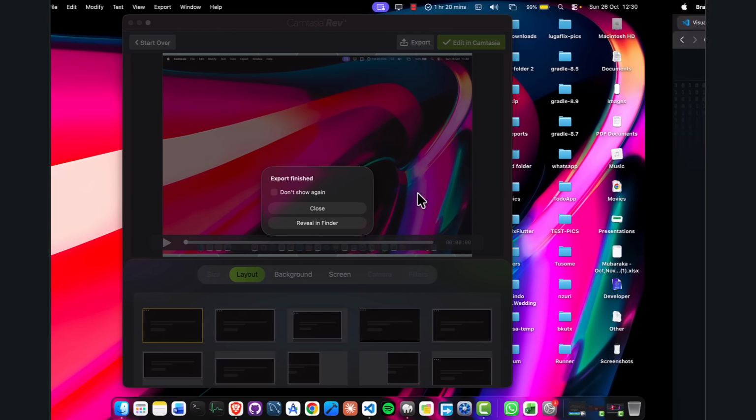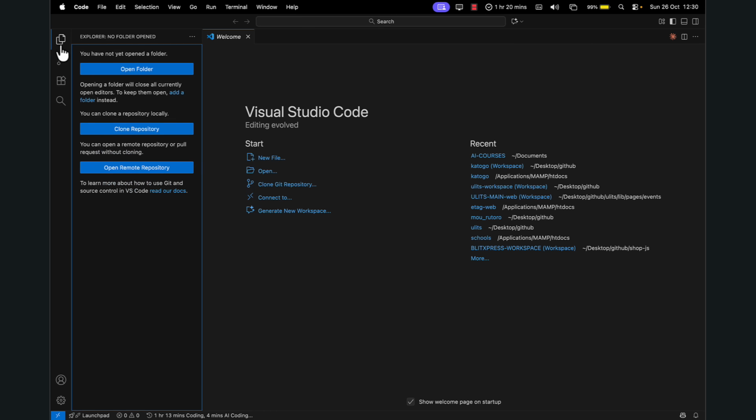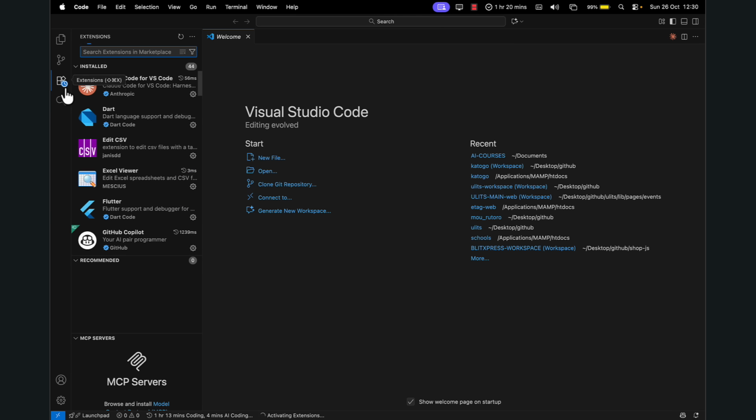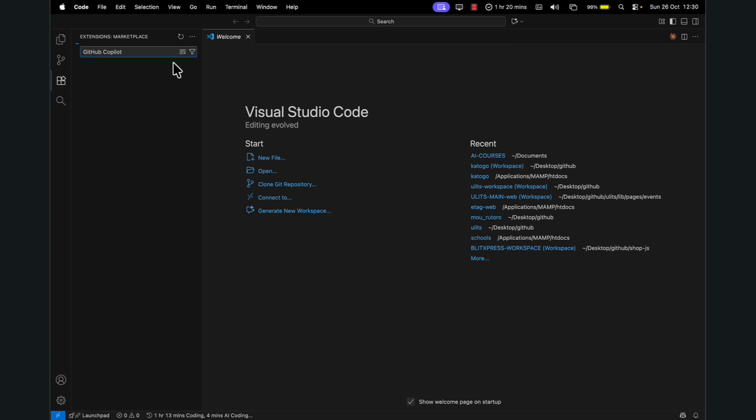All right, so I'm going to open my Visual Studio Code. So this is Visual Studio Code where you have finished installing it in your computer. The next thing, you have to come here to what we call Marketplace. The Marketplace button will be here, and then go ahead and search for GitHub Copilot, or you can just simply search for Copilot. So GitHub Copilot is here. You click on it, and if you've not installed it, you'll see the button to install. Go ahead and install. So this is going to be like our main brain of